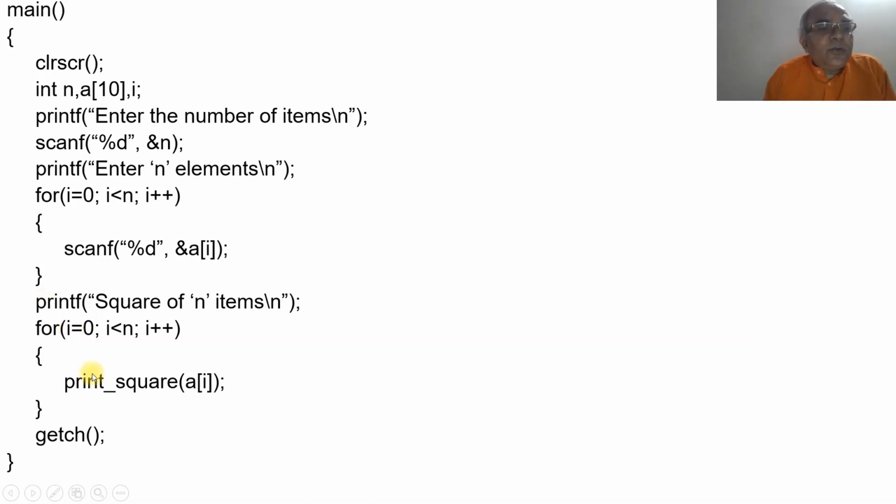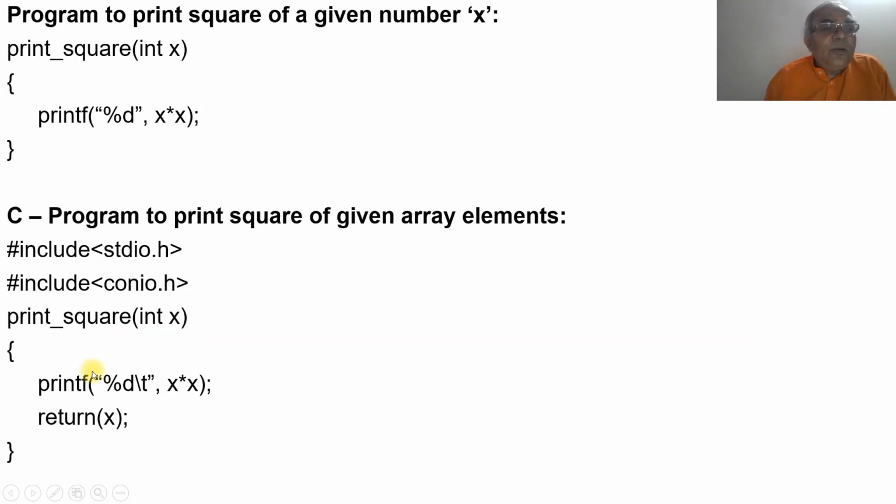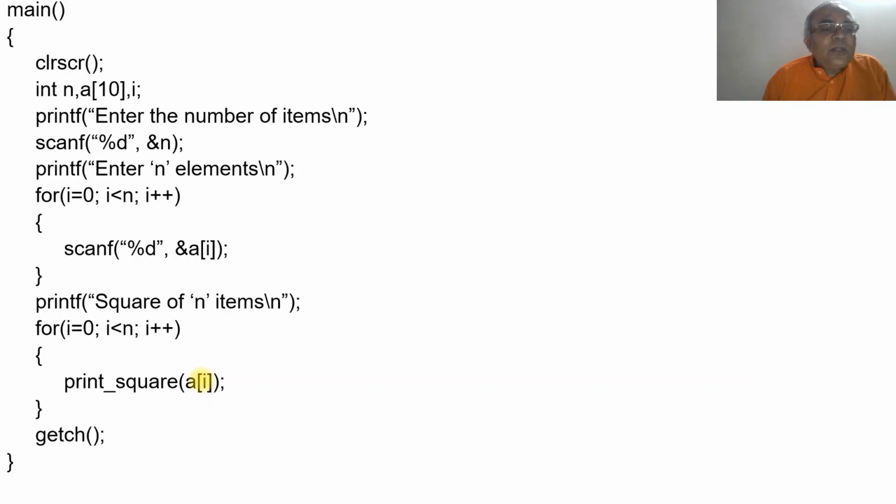What is a of 0? It will go to this value here, a of 0, which is x square. Since a of 0 is equal to x square, that is 1 square. It will take 1. Then 0 plus 1 becomes 1. Is 1 less than 5? Again, it will become a1, whose value is 2. 2 into 2 becomes 4. It will enter the value of 4.